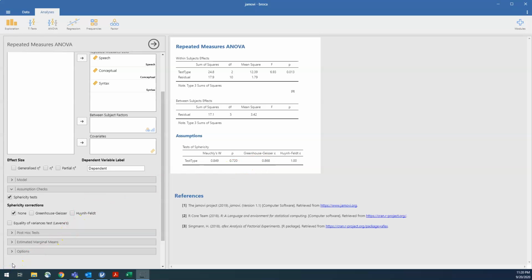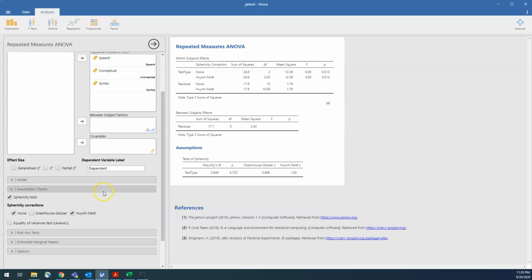Now the metric itself doesn't mean anything, but what you do need to recognize is if you've violated the assumption of sphericity, then you have to make a correction, which is listed right here, sphericity corrections, and you don't know which kind of correction to make without looking at those values. So if the Greenhouse-Geisser effect is too high, like it is in this situation, above 0.75, then you have to click on the Huynh-Feldt correction, and that will bring up a new ANOVA result up here that gives you the Huynh-Feldt, and it gives you the new F and a new p-value.